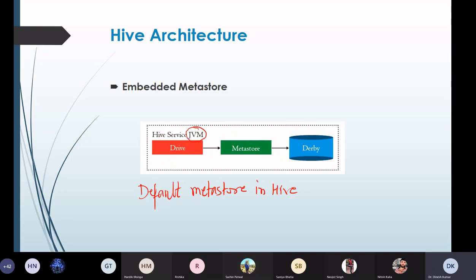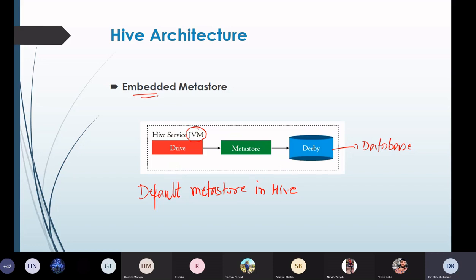There is no separate JVM for the metastore in the embedded case. It uses Derby, the default database, which stores the data on the local file system in this mode.